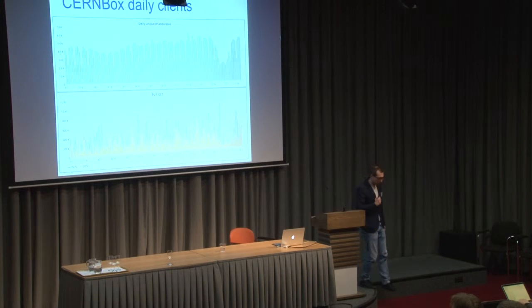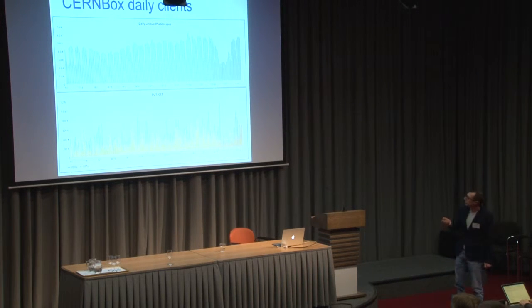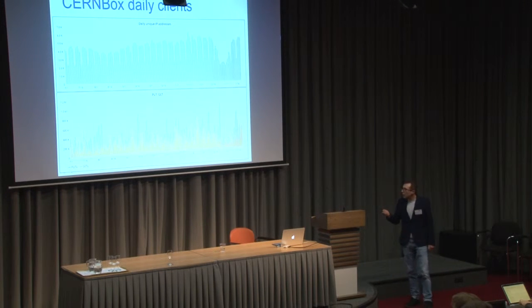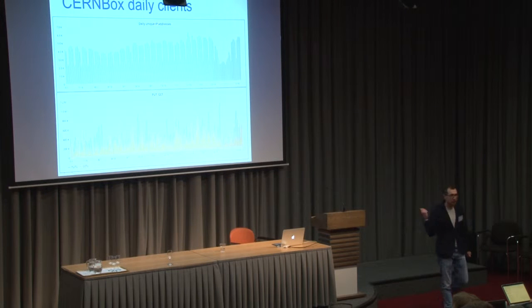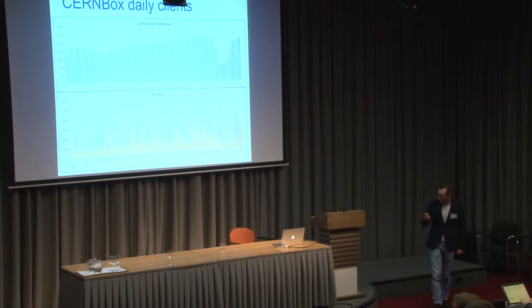This is a snapshot of the last 7 months. This shows all the unique IPs daily that connect to the system. And here you can see how many puts and how many gets we have in the system. We can see some daily peaks of 1 million gets and a bit less puts every now and then. We're not yet at the level of Dropbox, but still we have a good number of users. And you can see